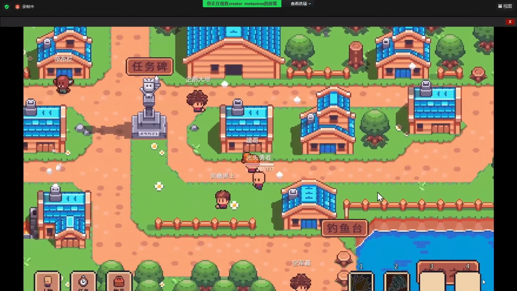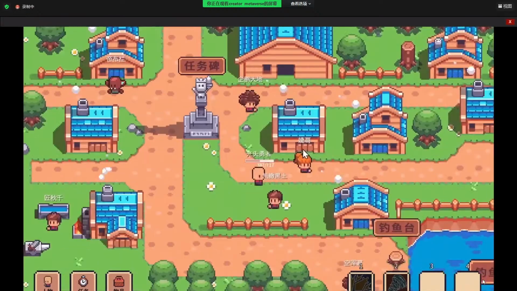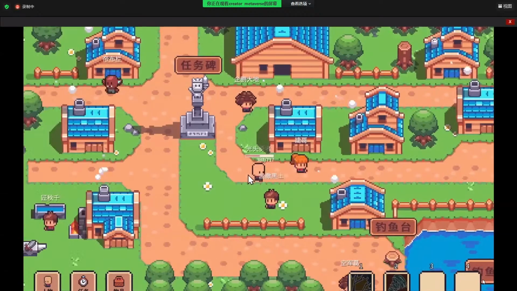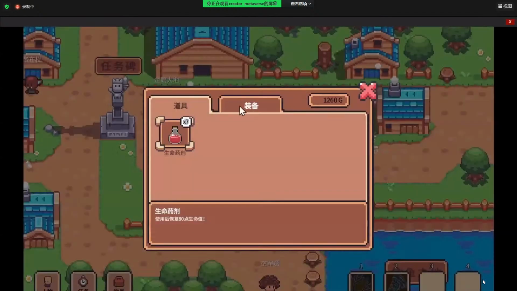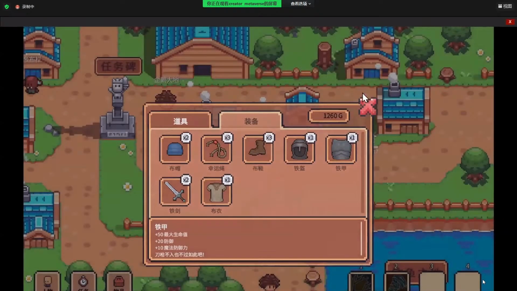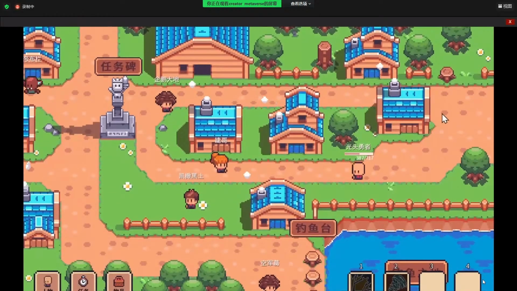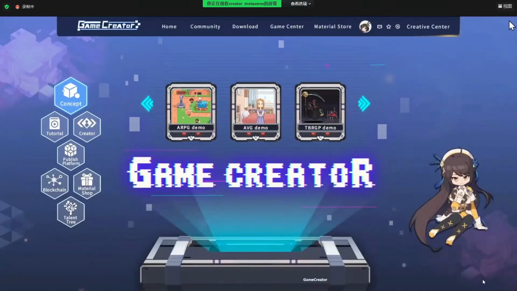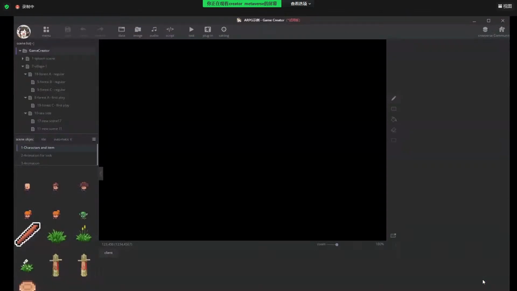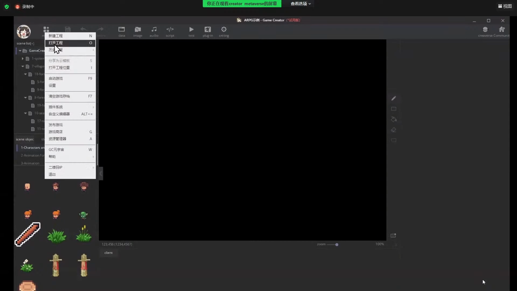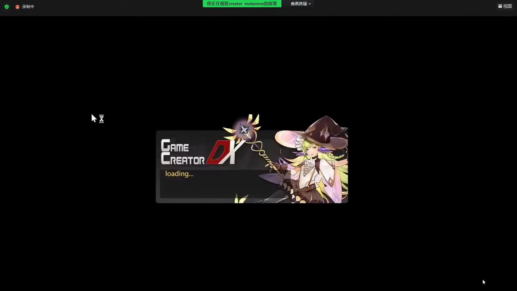So you can modify the NPC behavior, and you can customize the systems like the item system, equipment system, and skill set system. Everything you can customize. So now let's move on to the next one. Before we move to the next one, I would like to show you how many things we can customize and modify ourselves from the template. So we open this ARPG template.